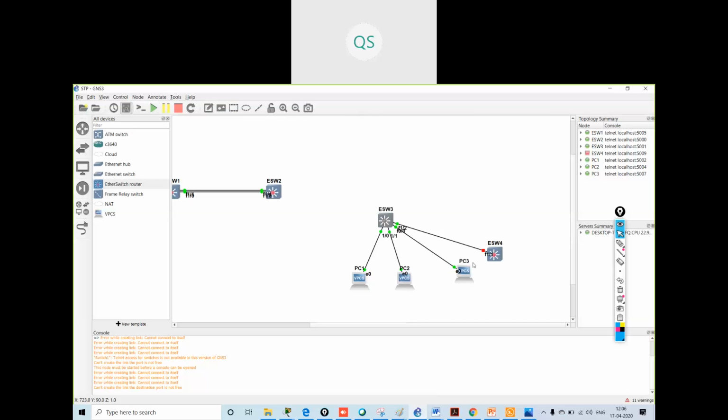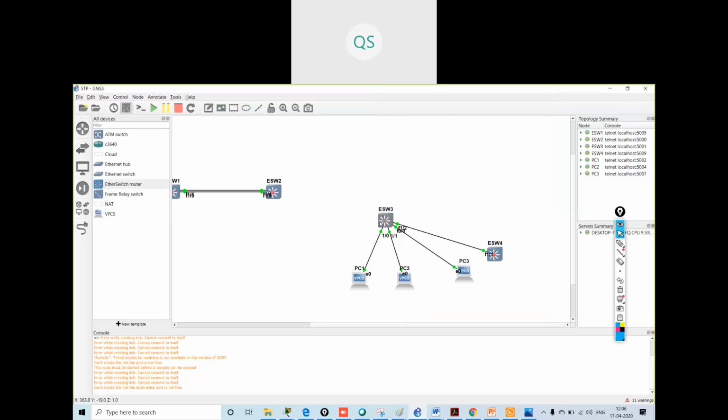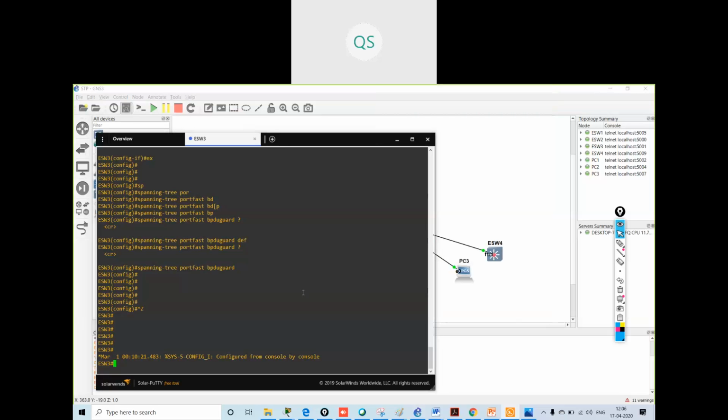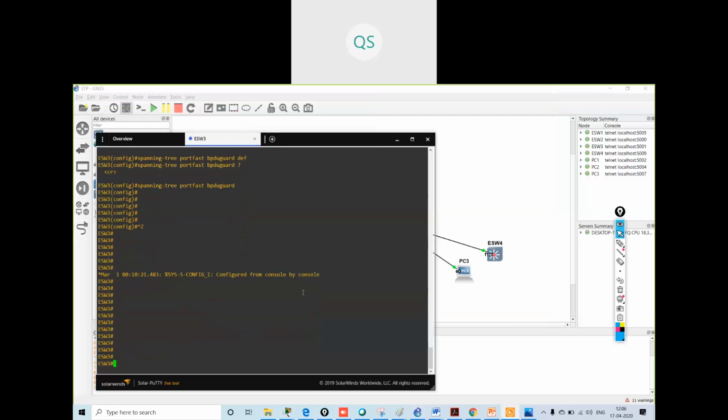Okay, now I will switch on this switch. FastEthernet 1/2 should go into errdisable state. It has not gone into errdisable state. Why?